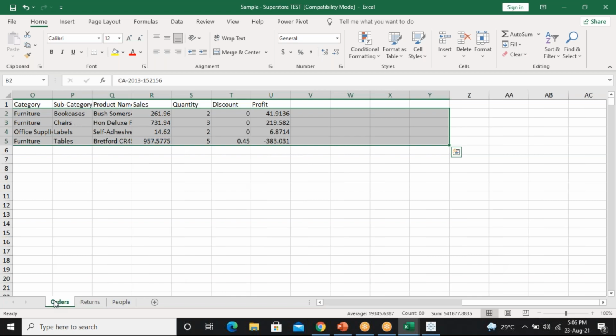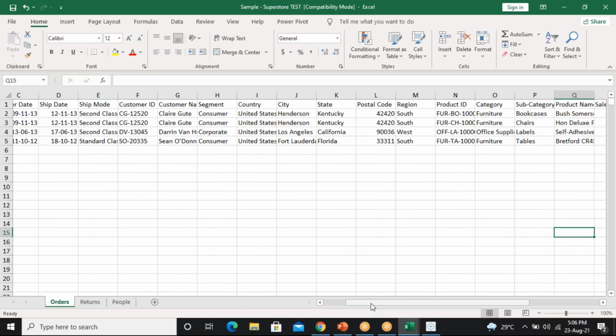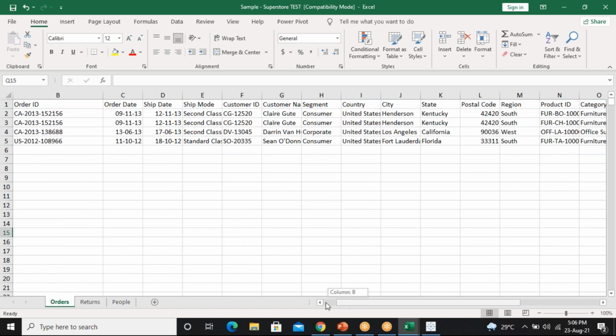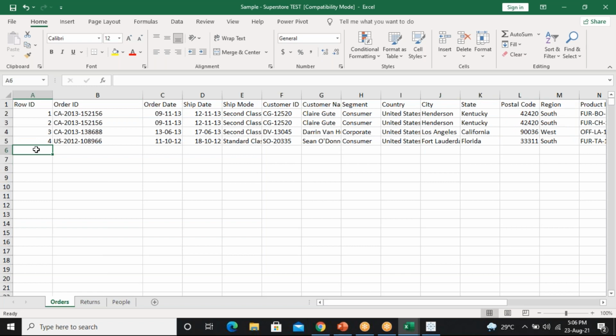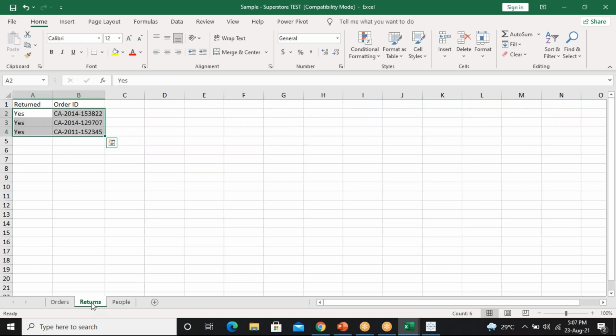Now I'll go to superstore orders and create one more. Like this, I copied, meaning I created one more duplicate entry in the order sheet. Let me save this and go to returns also.